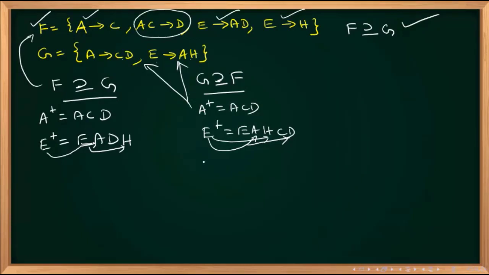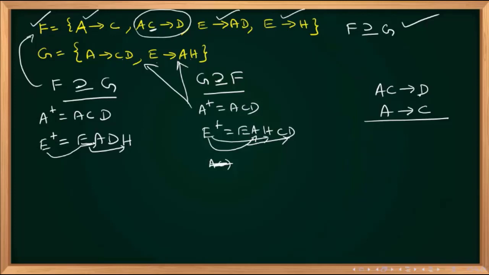So for that reason, what can we do? AC closure, here you cannot give, only A is there. But there is a problem over here. This particular attribute is a redundant attribute. How can I say that it is a redundant attribute? If AC to D is there and A to C is there, two things I will be talking about. You can write as many attributes as you like on the left side, but you cannot expect everything to be there in the other functional dependency. The minimal one only you have to check, whether we can reduce it.